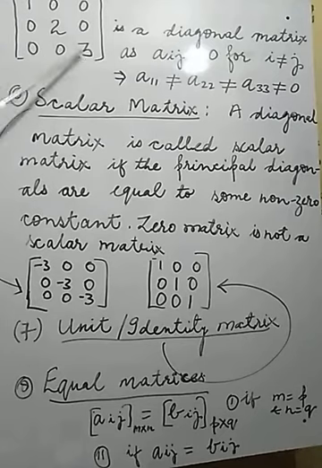That is constant in all the diagonals. In the principal diagonals, all the elements are 0, so that will be 0. If a constant term is there, a constant digit, whether it is positive or negative, that would be a scalar matrix. See the scalar matrix here. Minus 3 is constant, minus 3 is constant, minus 3 is constant. The rest of the elements are 0 here.